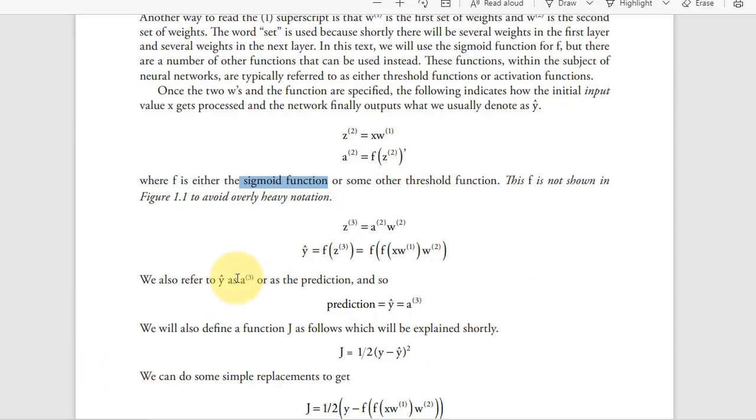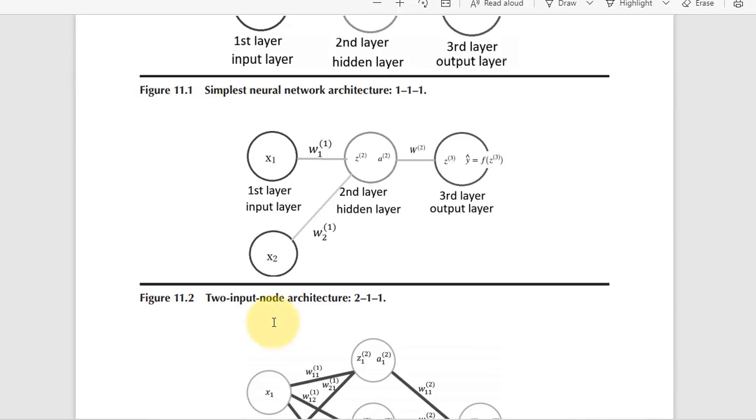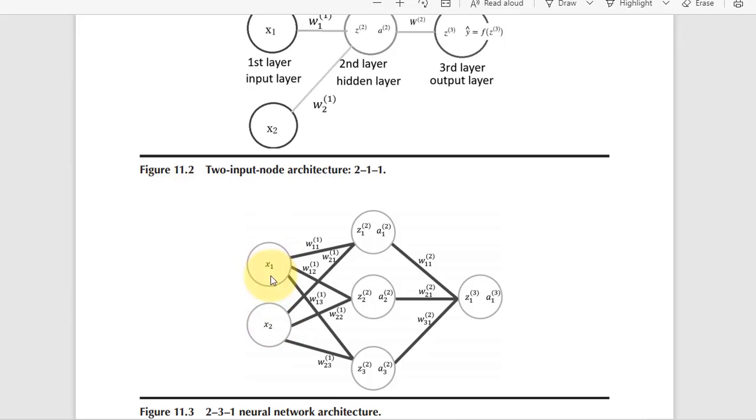So y hat, or A3, is the predicted value. So what are we saying? What do we mean when we say it's a predicted value? Well, we have an input here. So it might be the petal length and the petal width of a flower. And then we get an output. Now it's not a class, it's a number. So let's take a different example. Let's say